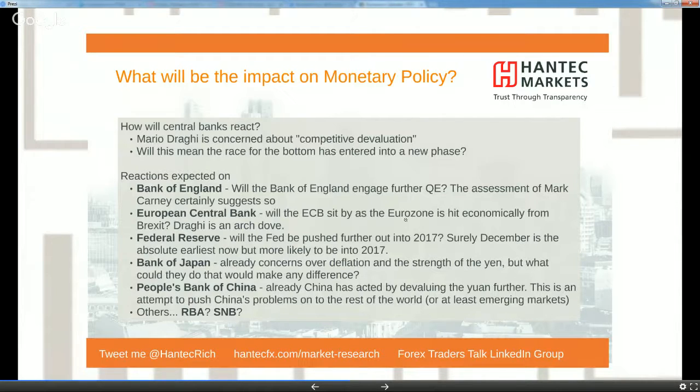The ECB: Mario Draghi has been talking about competitive devaluations, and if he's already talking about it, the chances are they're already preparing for it, and the likelihood is that the ECB will want to try it in some sort of way and get ahead of the curve. Probably. This is all conjecture at this stage, because no one really knows the impact on economies. But I think the chances are that Draghi will not want to see the Eurozone or the ECB lag behind other central banks. Already you're seeing the People's Bank of China devaluing the yuan.